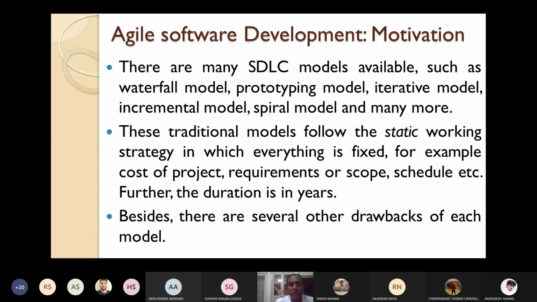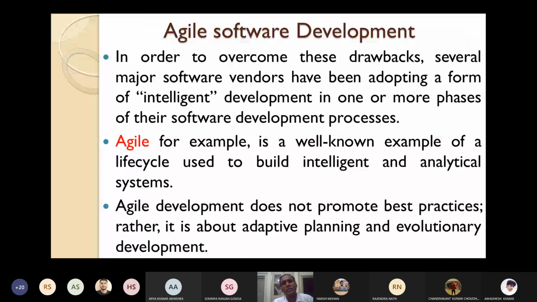Besides that, each model has its own drawbacks. So that's why there is a need to develop another important development model which can overcome some of those limitations. In order to overcome these drawbacks, several major software firms have started to adopt a form of agile development in one or more phases of their software development process.